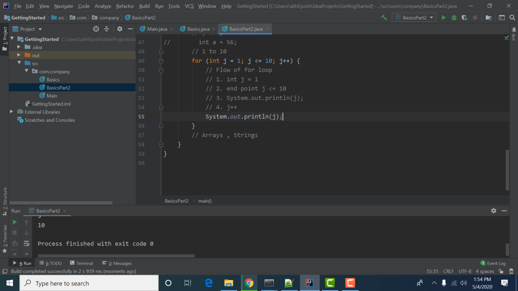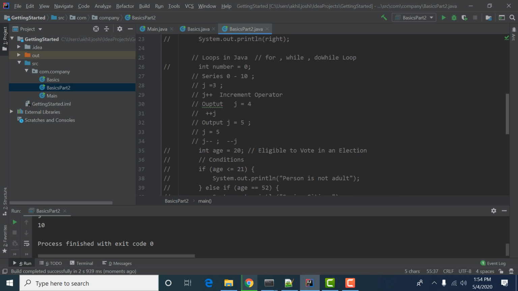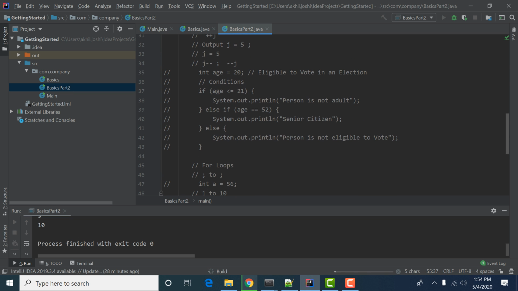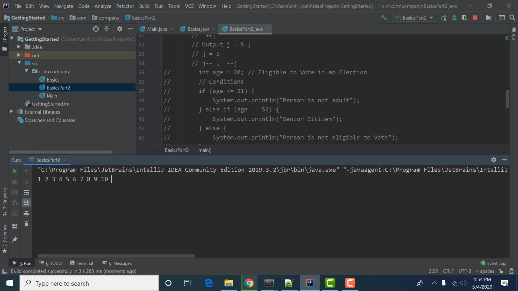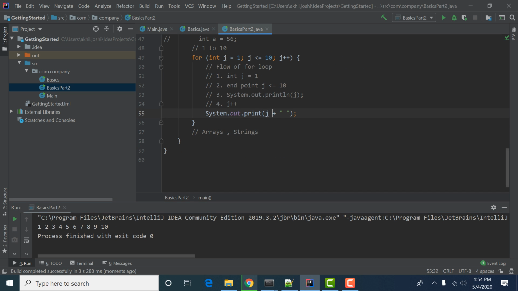Okay, so if we remove this ln and we add some space, I will also tell you what this hack is doing right now. So now we have run this program. This will come in a horizontal way. Okay, so I will tell my compiler, hey compiler, print this j, the value of j. First of all, the value of j is 1. It will print, it will increment.